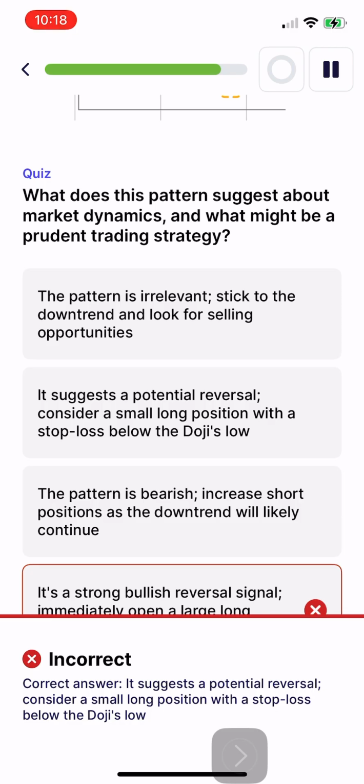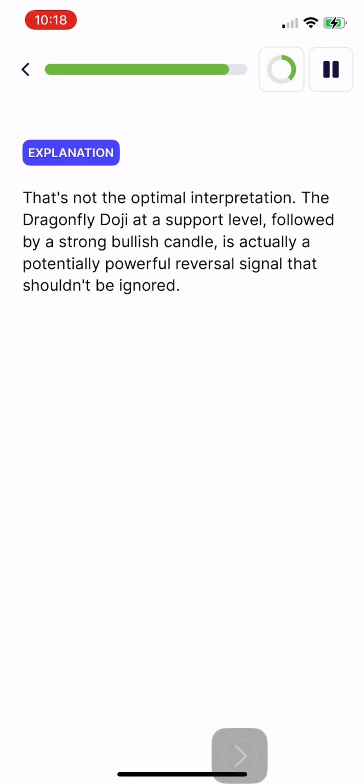No, the correct answer was: it suggests a potential reversal. Consider a small long position with a stop loss below the doji's low. That's not the optimal interpretation. The Dragonfly Doji at a support level, followed by a strong bullish candle, is actually a potentially powerful reversal signal